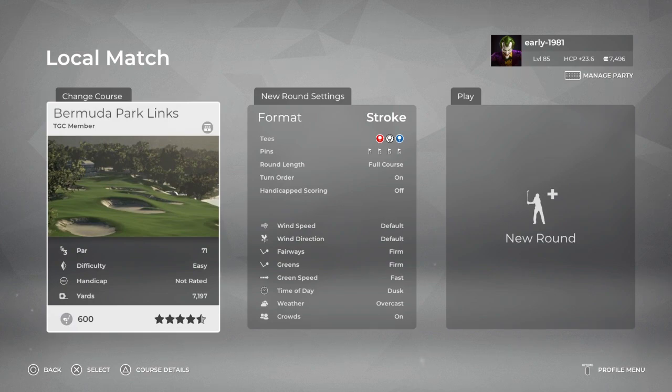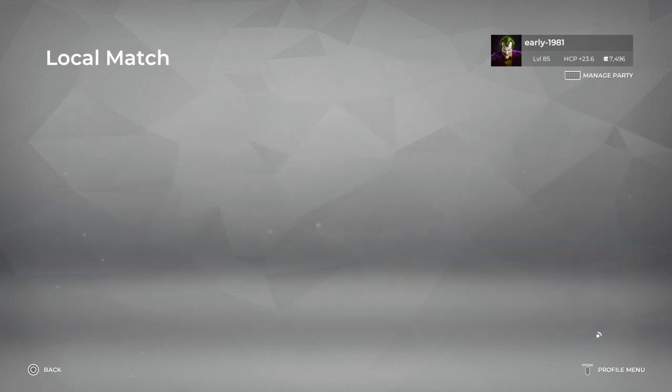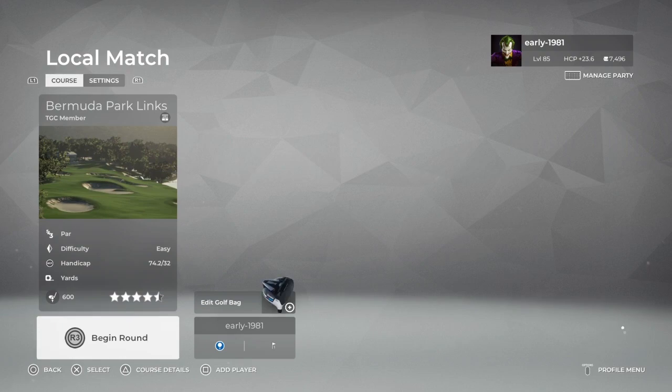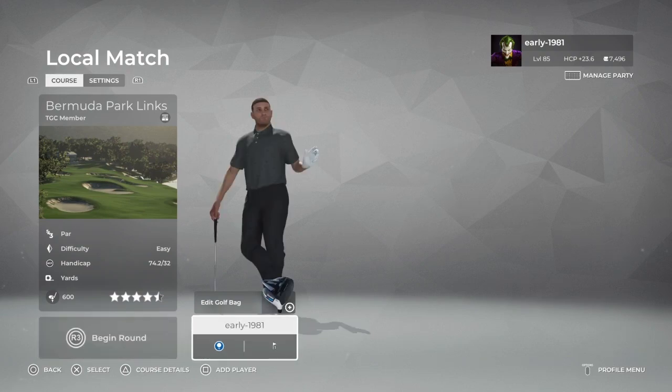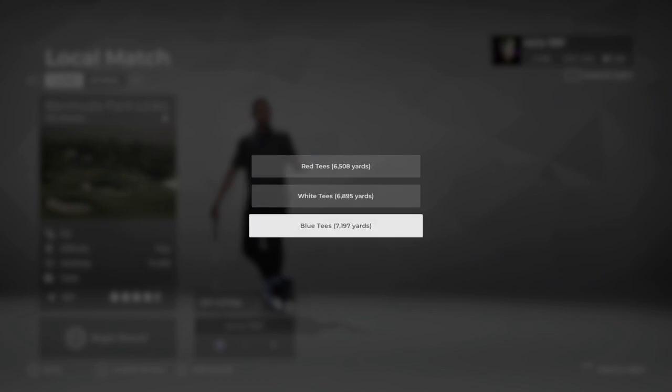Today we are checking out Justin Smedley's Bermuda Park Links. This is a fictional course. Let's take a look at the course settings. As always, everything is going to be left at default. Fairways are firm, greens are firm, green speed is fast. We will be playing off pin set number 1. There are 3 tee options. We are going to be playing off the blue tees, which are playing